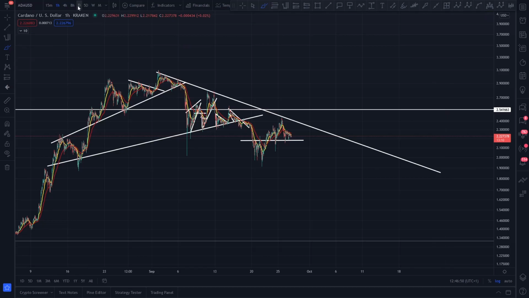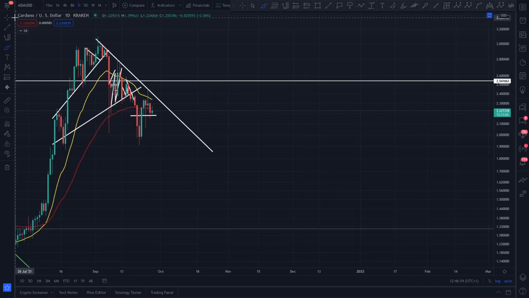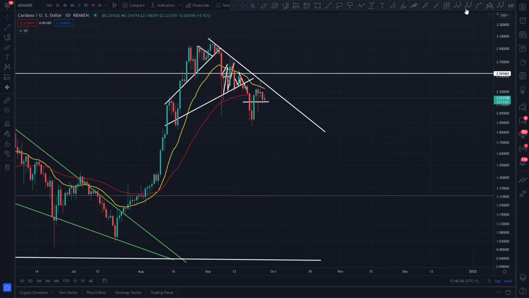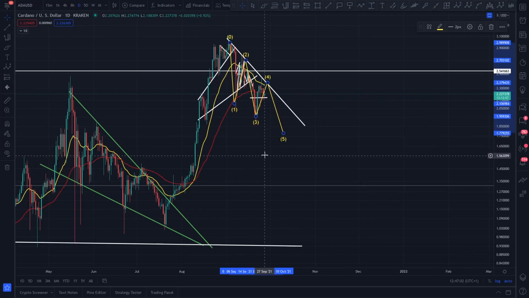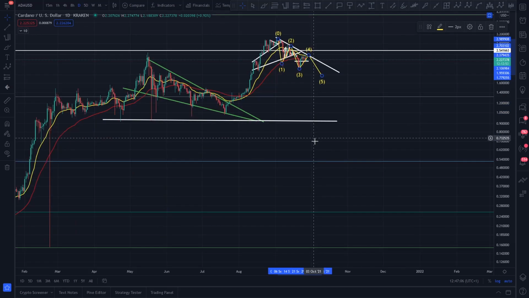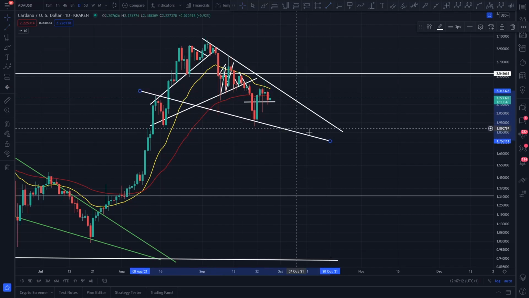Like I said to you, if we look on the daily, you might be able to see it a little bit better. I think you're coming down in 5 waves basically, so something like this. So we're coming 1, 2, 3, 4, 5. We low ball out at the technical target, which I'm going to show you in a moment, and at that point I think we're going to break out to the upside, and we're going to create a beautiful little reversal pattern here for Cardano, basically some kind of falling wedge. It's pretty much like that.